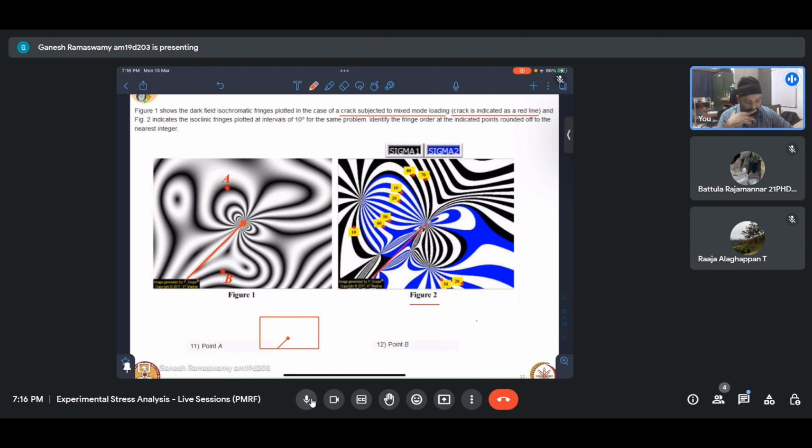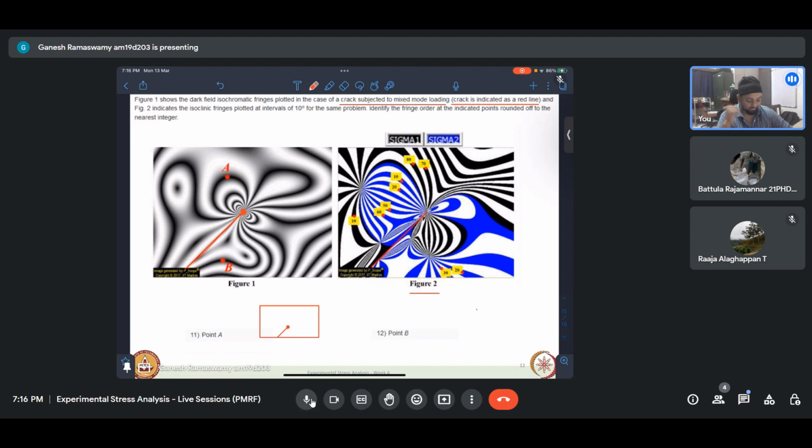What does this tell us? This tells us some interesting points. We are able to see these points, where all the isoclinics are meeting. So what does that imply? That these are isotropic points. So if I were to mark those,